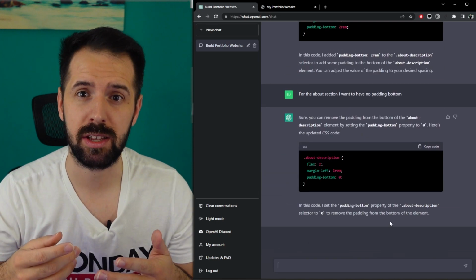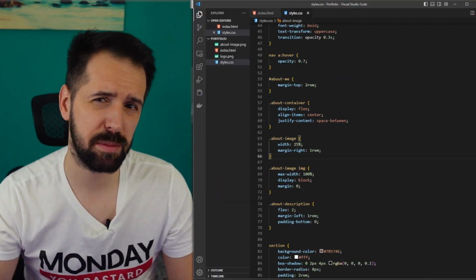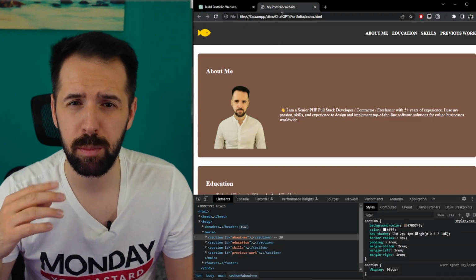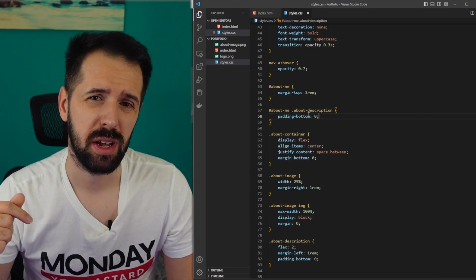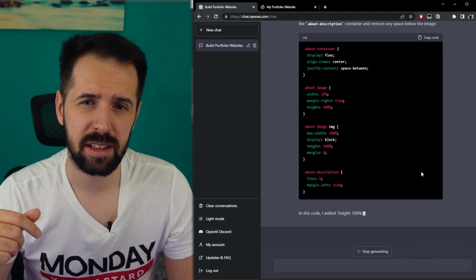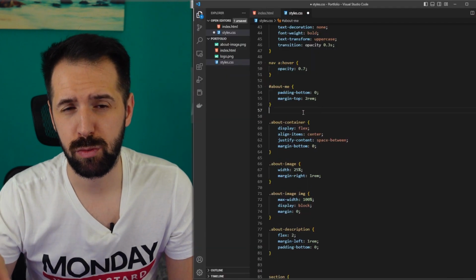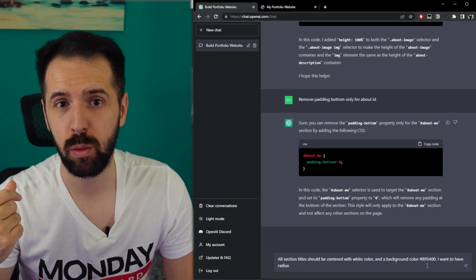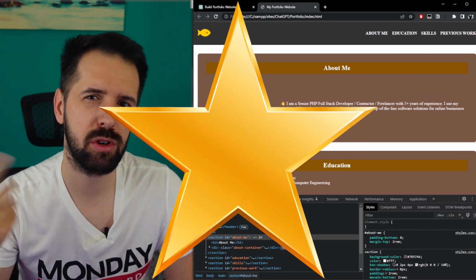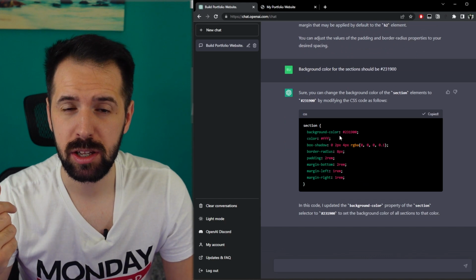Now in terms of design, what I can tell is that it's not the best by far. It will generate some basic colors, border radius, background, and some more. But the design is definitely not something that a front-end developer with a few years of experience could use. But don't get me wrong, if you know what you want and it's not some award-winning design, you can get a good result from it.